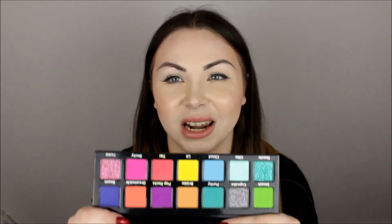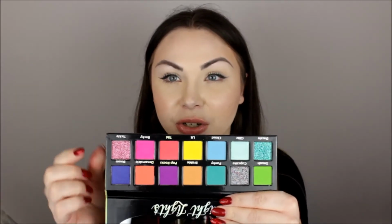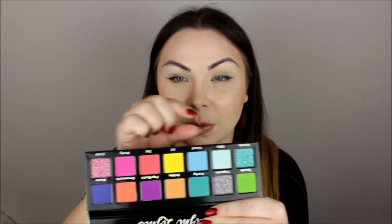And then I also got the Bright Lights palette. Now this one sold out so quickly. Everybody was really interested in this one because everybody has warm neutral palettes, but these pops of colours are absolutely amazing, and this is what it looks like. So this one actually has 3 pressed shimmers, pressed glitters. It's this one,